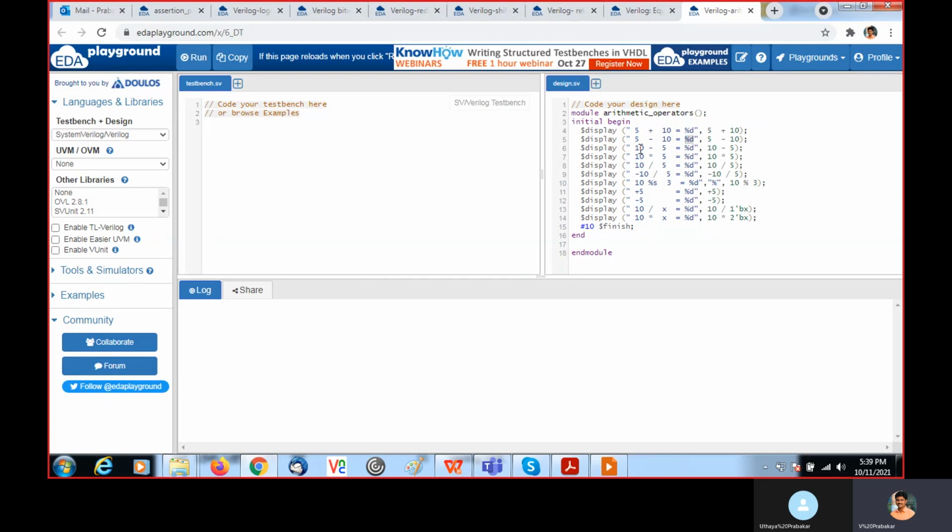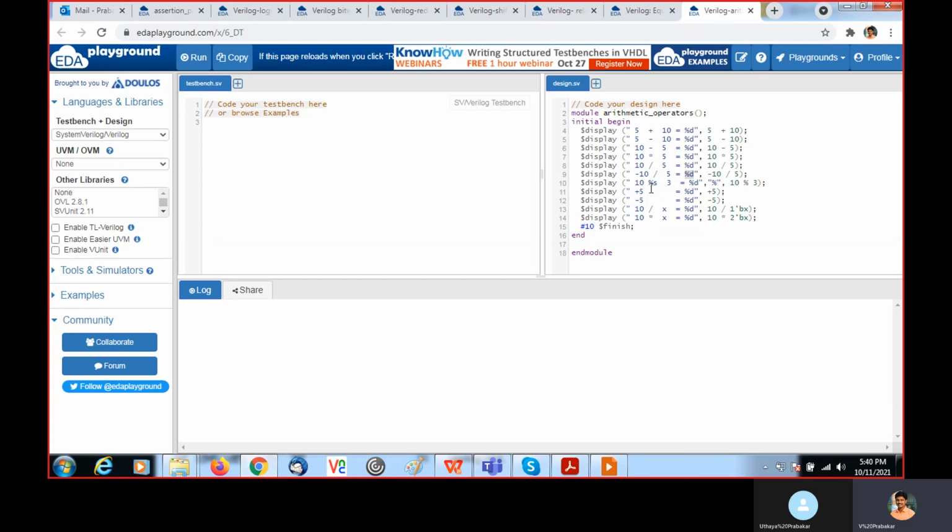For 10 minus 5, you will get 5. Then 10 star 5 means it is nothing but a multiplication. You will get 50 here. Then 10 divided by 5, you will get 2 here. If you use minus 10 divided by 5, you will get minus 2 here.